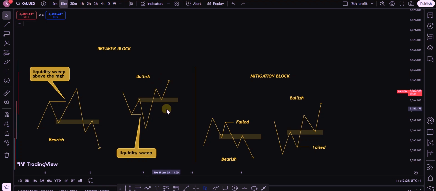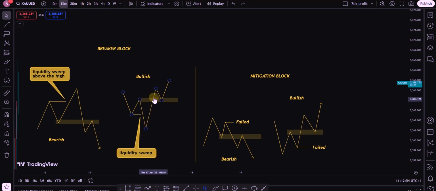Now, like I said, the polarity of a breaker block changes after the breakout. That is, demand becomes supply. As you can see, this is a demand level. The market aggressively ignores it. Then this demand level becomes a supply level for a bearish breaker block. Now for a bullish breaker block, you can see price aggressively